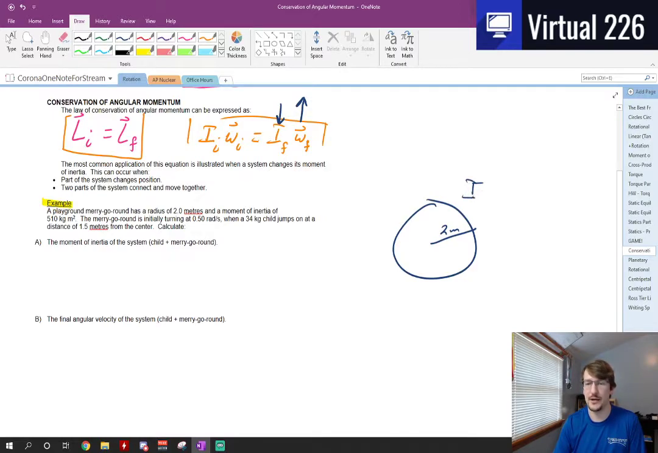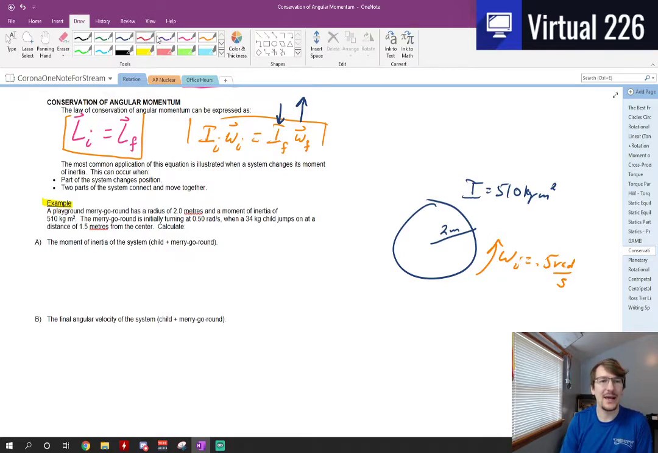So the I of the merry-go-round is 510 kilogram meters squared. It's initially turning at 0.5 radians per second. So the initial omega is 0.5 rad per second. And all of a sudden,